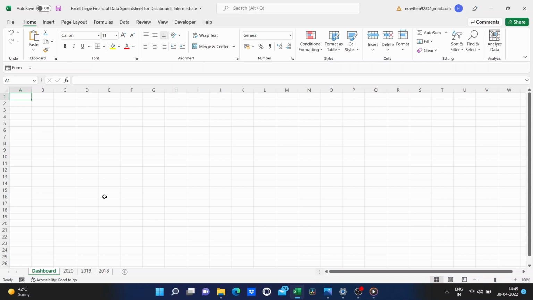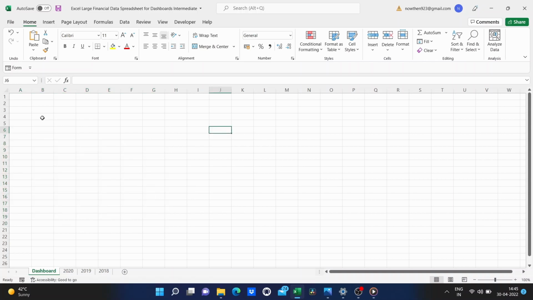Now, it's a good idea whenever you're creating a dashboard to map out what exactly you're going to show on the dashboard. Maybe here, in the upper left, I want a list of total sales for the year. Maybe over here, I want average price or something like that to be shown. So, it's a good idea to map this out. Sometimes, it helps to do it on paper, or you could cut some corners and just do it right in Excel, and that's what I'm gonna do here in this tutorial.